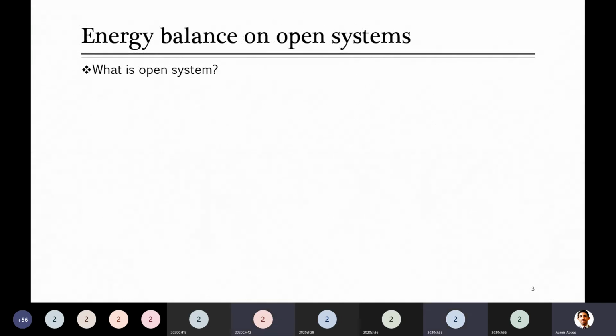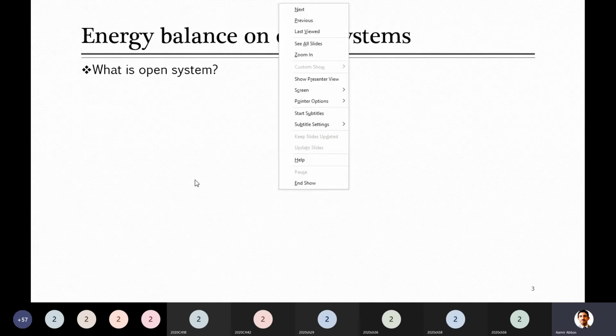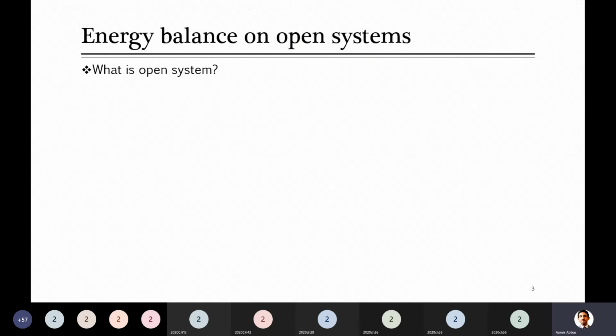A system in which mass transfer is taking place. Yes, the system in which mass transfer takes place across the boundaries of the system. That means there is a boundary from the surroundings, and mass can get in, can get out, or only get in. It can be any situation. While in a closed system, you know that mass doesn't get transferred, but heat and work can flow through the boundaries of the system, because heat and work don't need any material; they are transferred in some other form. So in an open system, material can get in as well as leave the system.